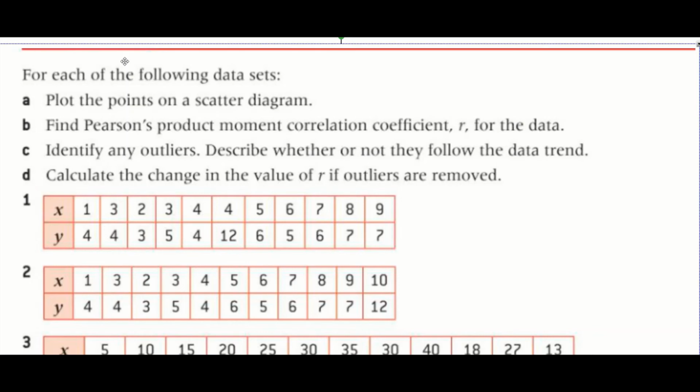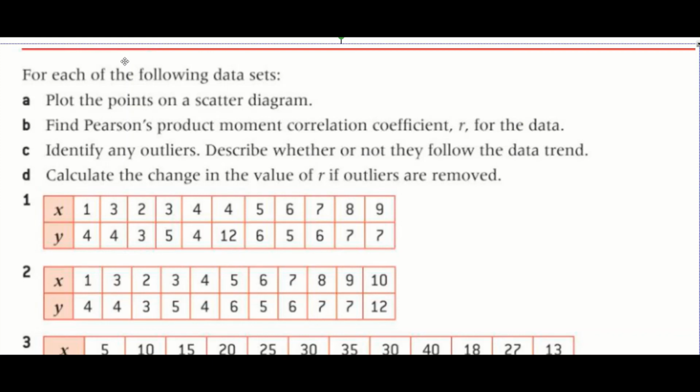Try these questions. You're going to plot these using your graphical calculator. Find the value of Pearson's product moment correlation coefficient. When you go back to look at your graph, identify which points are the outliers. So you will need to use your calculator efficiently to find out which points those are. Then